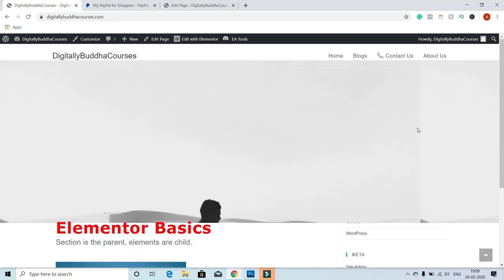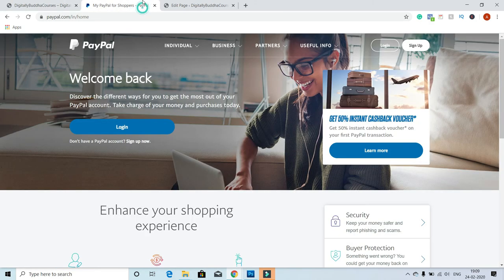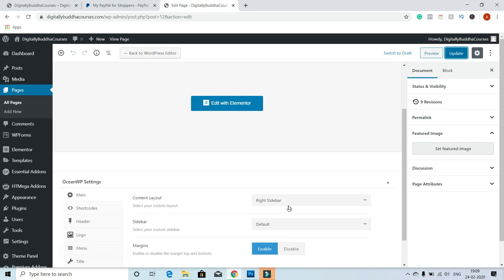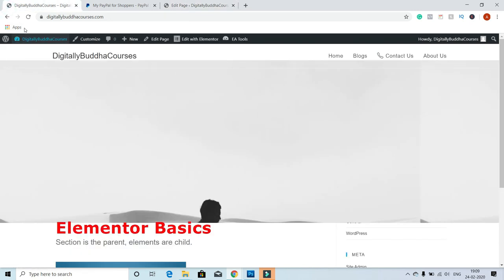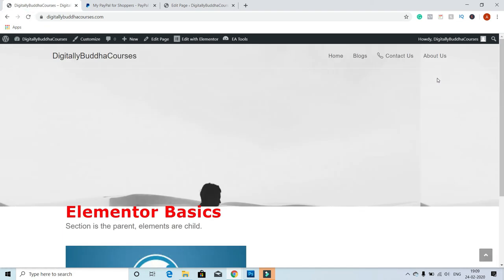Now again you can see that this is not working properly. So you have to go and make this 100% full width, click on update, and let us refresh this again. Now everything is right. So make sure that you don't commit this mistake, and this is the transparent header, and you can use this anywhere in order to make the website look beautiful.